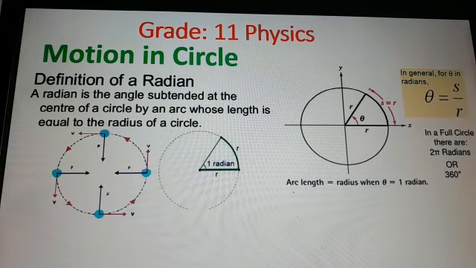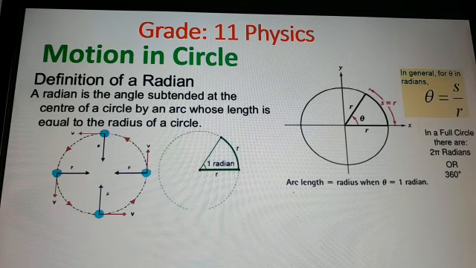This is grade 11 physics lesson, motion in circle. You have to explain this, and after explaining, you have to understand: define the radian and express angular displacement in radians. Then the concept of angular speed and angular velocity, then solving problems using the equations. Then centripetal force and centripetal acceleration. There are also some equations, using that you also have to solve some problems. First you should remember all these equations and concepts.